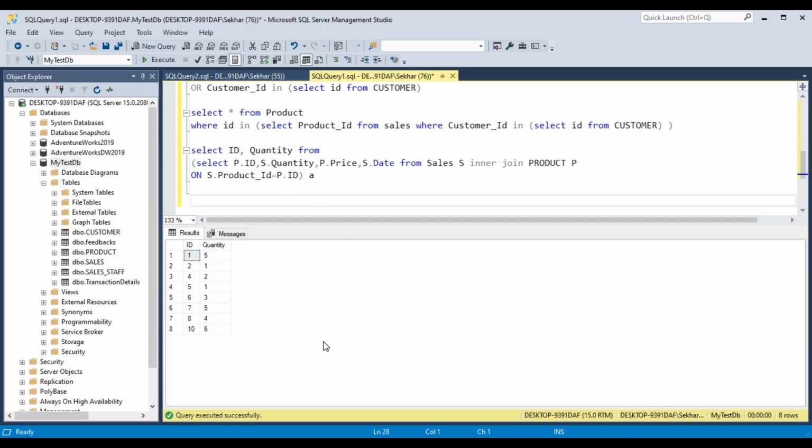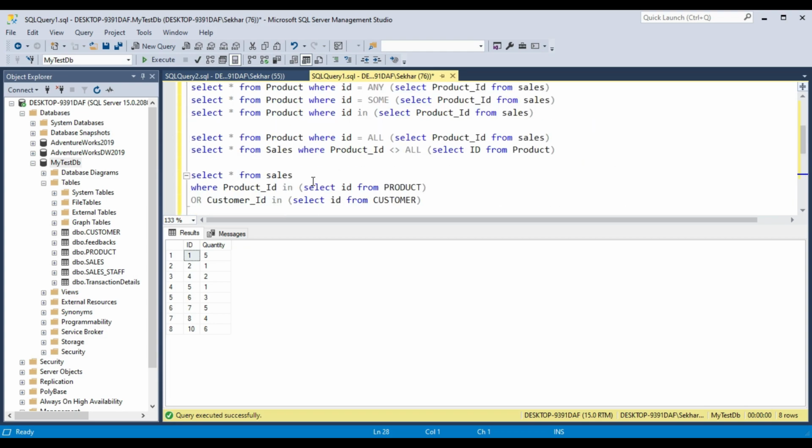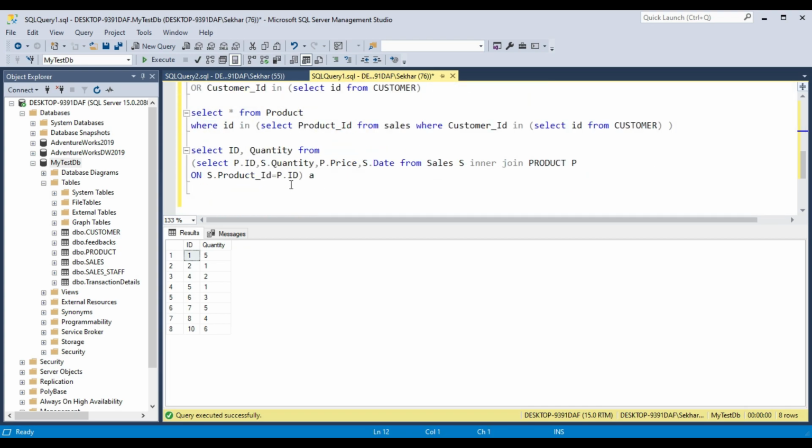Now we'll see exist and not exist with subquery. Let's take our previous queries, and one of these queries we'll modify. In place of id in, we'll write where exist.